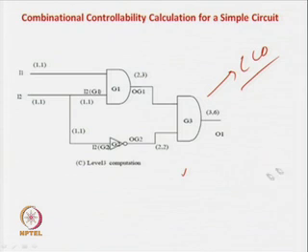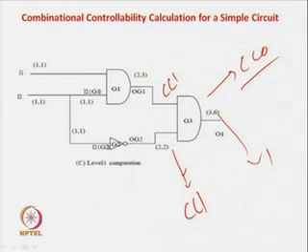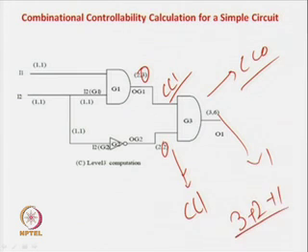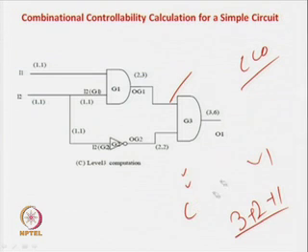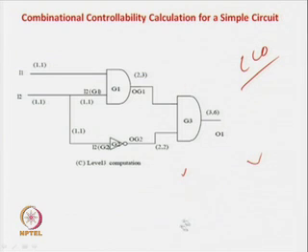Now, say we want to get a 1 at this net. To get a 1 at this net, you have to apply combinational controllability of 1 here and a combinational controllability of 1 here. So, what is the combinational controllability of 1 at this net? It is 3. The combinational controllability of this net is 2. So, it is 3 plus 2 plus 1, it is 6. So, the combinational controllability of 1 at this net is 6. This is how we can find out the combinational controllability of the full circuit by traversing from this level